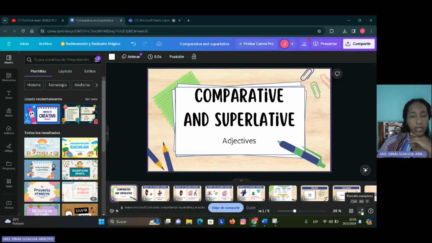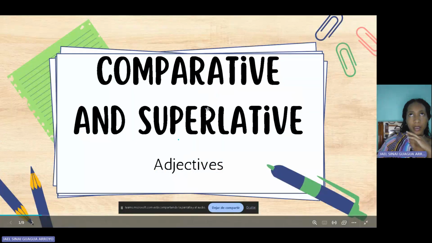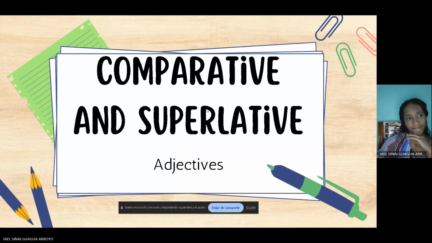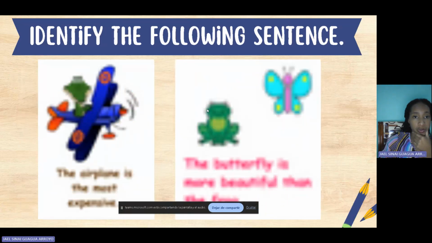a presentation using the Canvas app, and I'm going to explain the concepts about comparative and superlative adjectives. So now, I use some pictures so that the students can identify the comparative sentences and superlative sentences. If the students have any doubts or any problems, I'm going to explain some rules